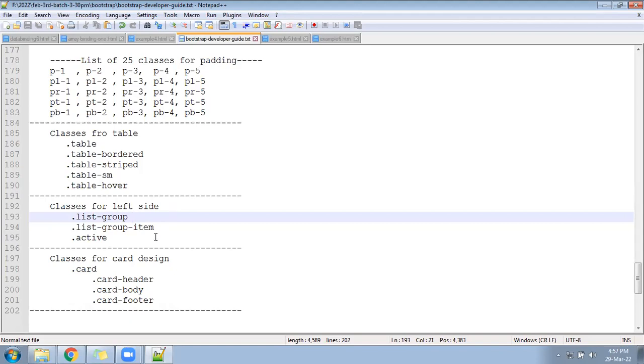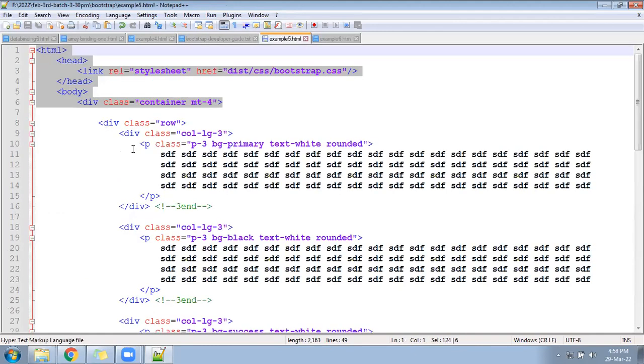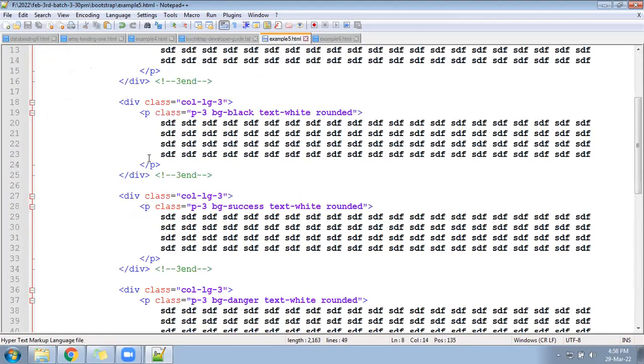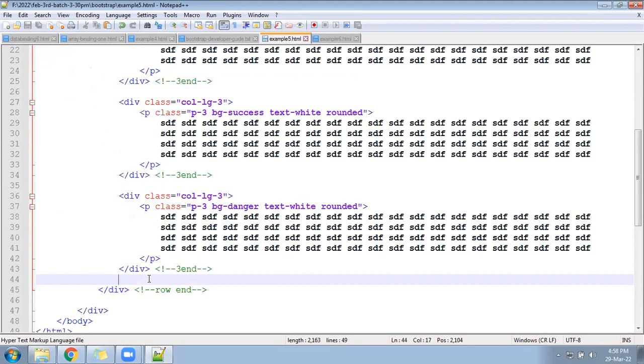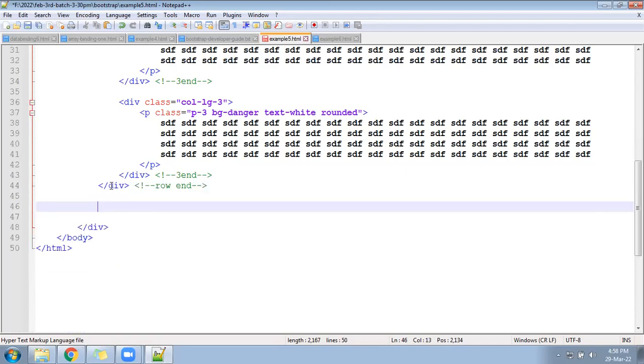Inside the example 5 file, one row is open and the row is closed. Let's find out where you are ending the row at last. Last you are ending the row somewhere, go there.